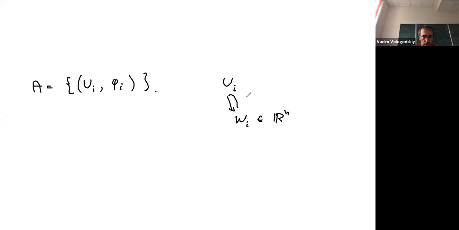If for any i, I take my function and restrict it to the intersection, if I take phi i of V intersected with Ui,